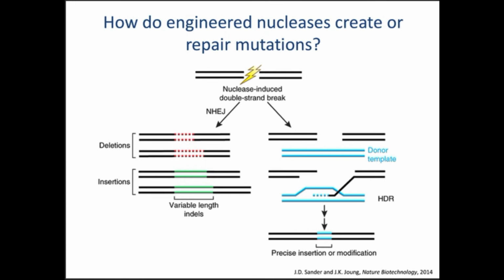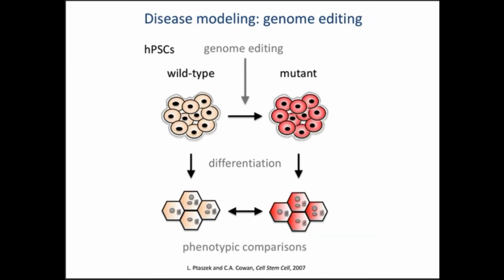Now I have the tools. I can make fat. I can make cell types involved in metabolic disease. I can make genetic changes. I can try to do the experiment I talked about at the beginning, that twin experiment, where I basically take a normal person, introduce a gene mutation that I think is involved in a disease, take these 2 identical twins, and in this case it's identical twin cell lines. People often call them isogenic, in that they're genetically identical except for the mutation I made. Differentiate them and make these very precise phenotypic comparisons.